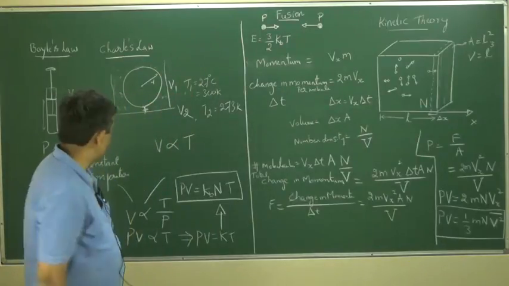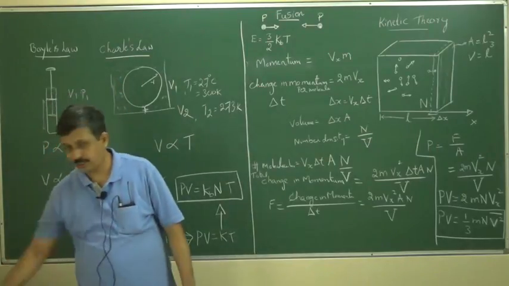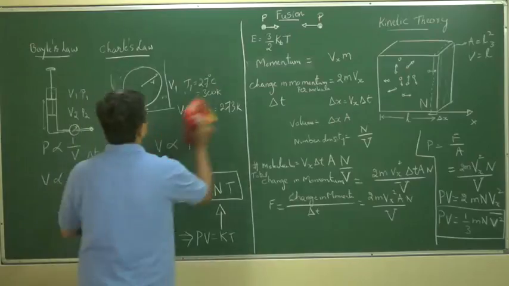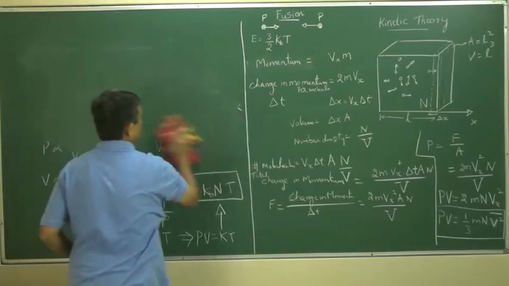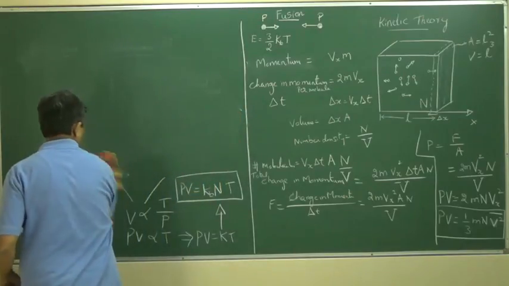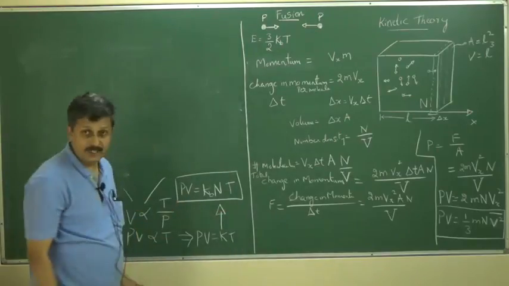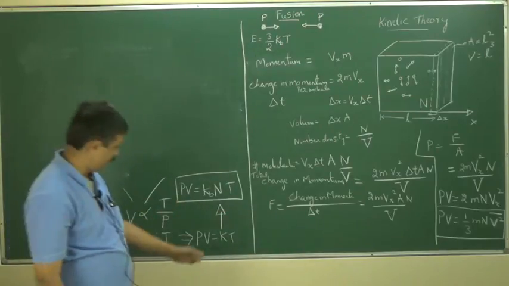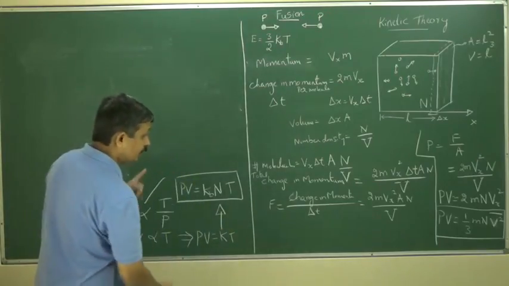To be able to show that, I will erase this Charles law, Boyle's law part. Okay, so there are two things. Whenever there are two equations whose left hand sides are equal, I will just equate them, which is